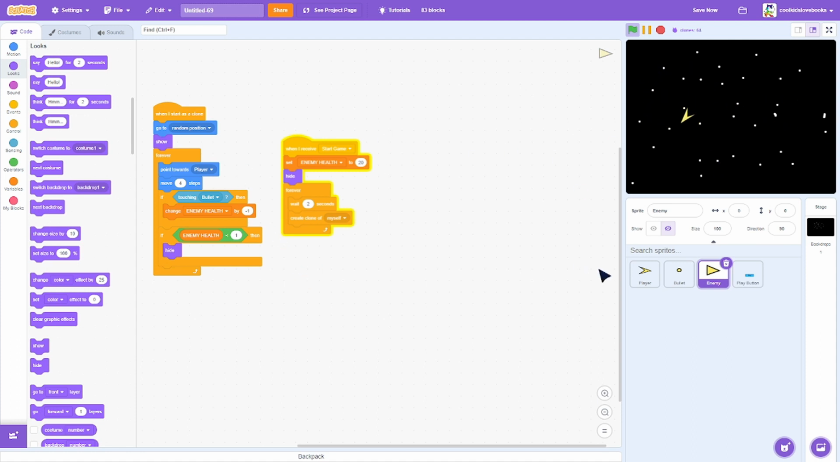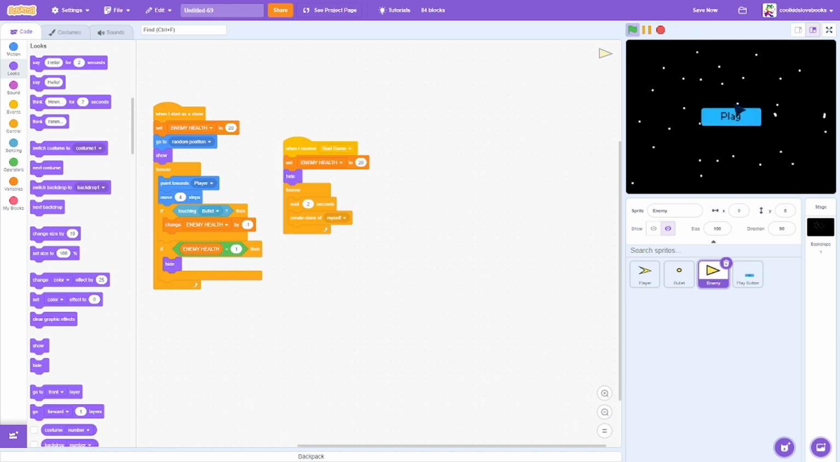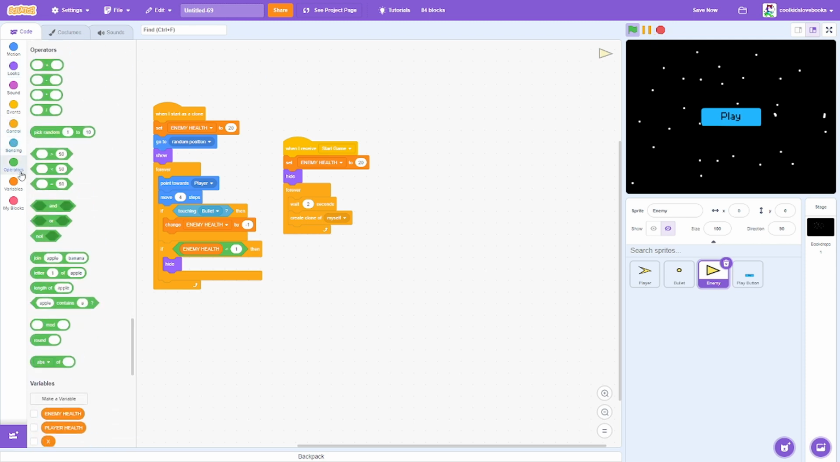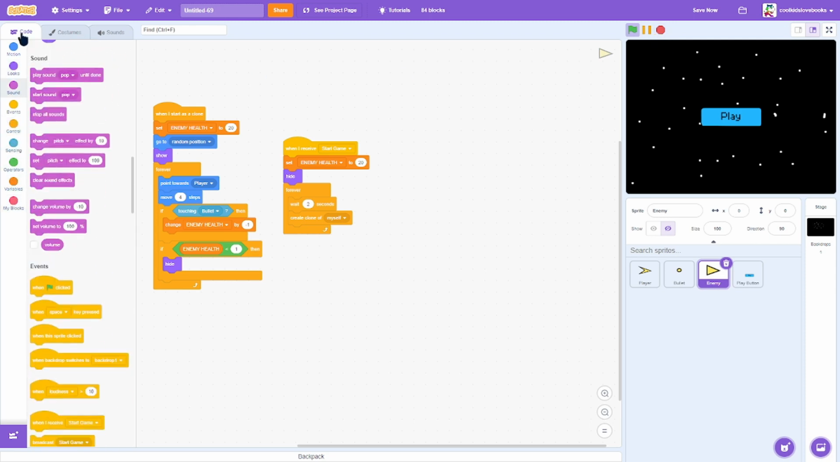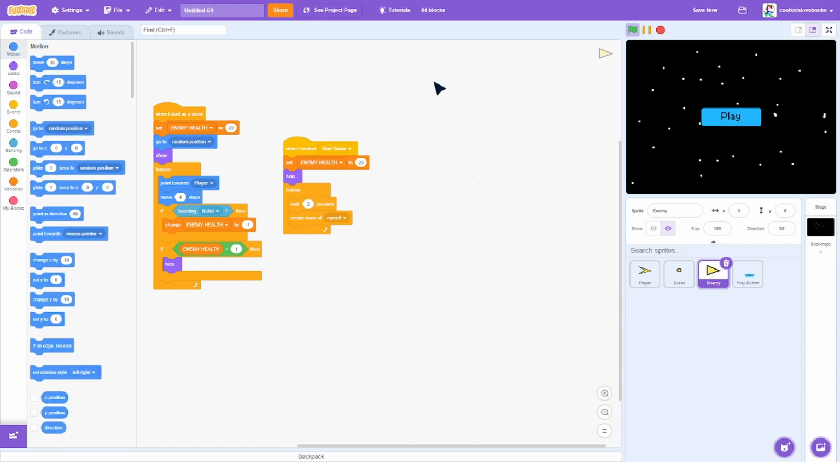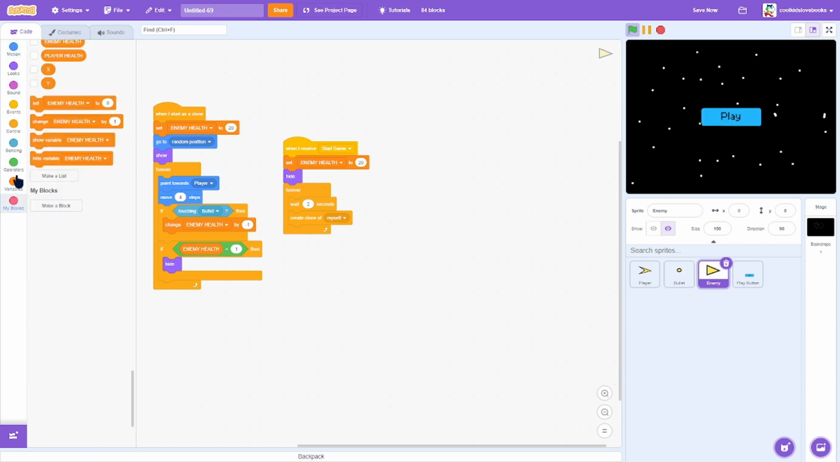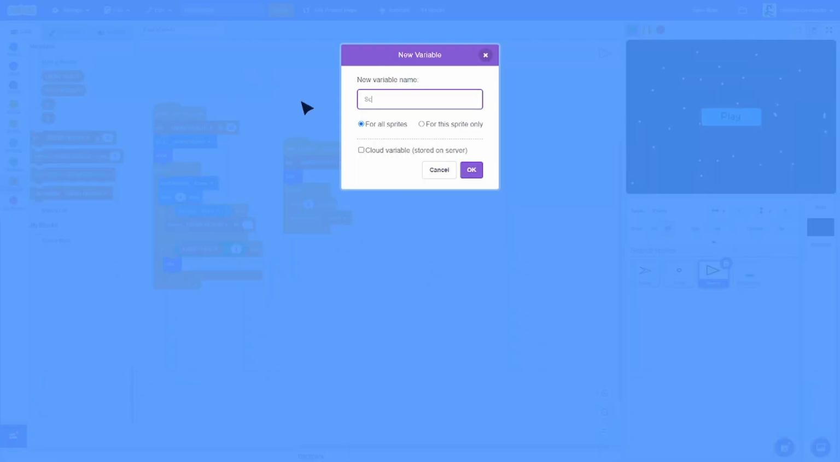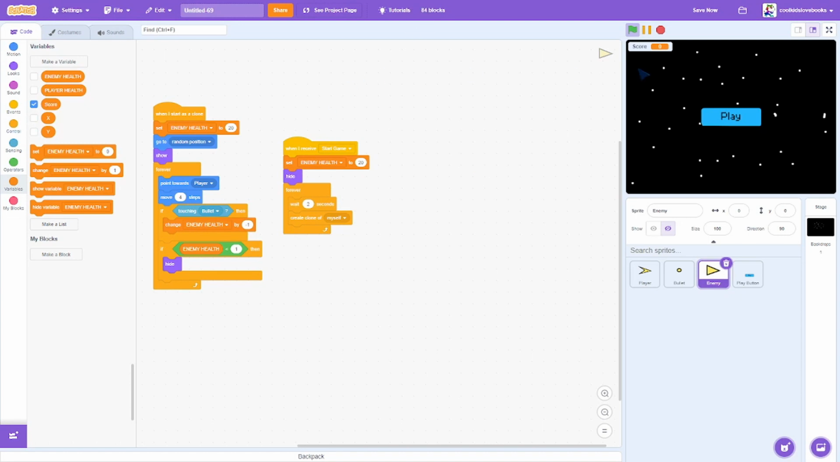Okay. Now, to implement just a score for this, just a very simple score. What we're gonna do is make a new variable, score, for all sprites. We'll just put it in the middle,